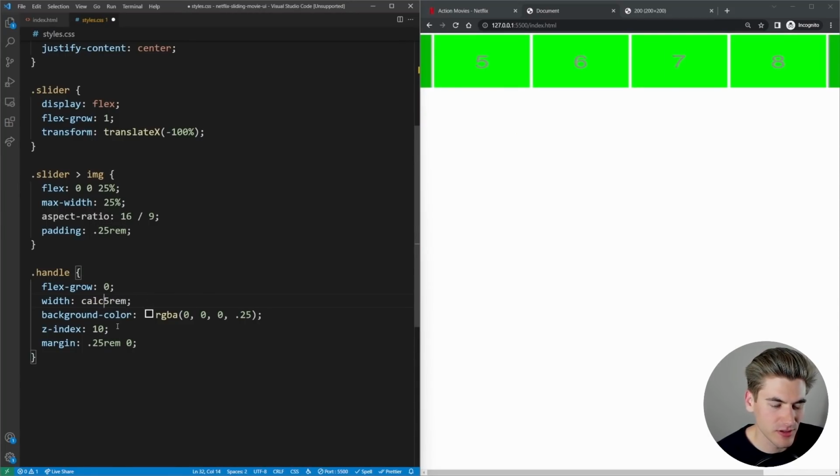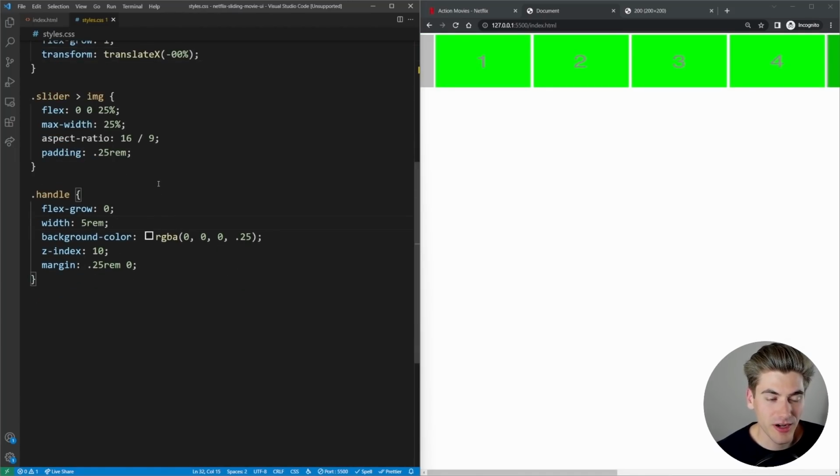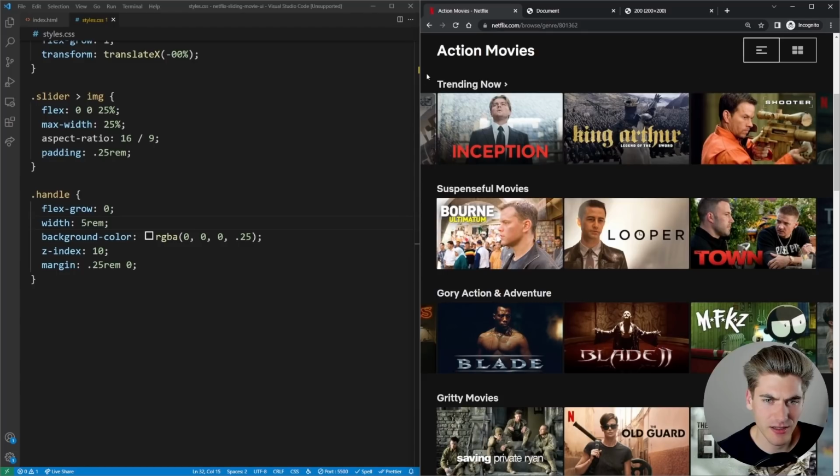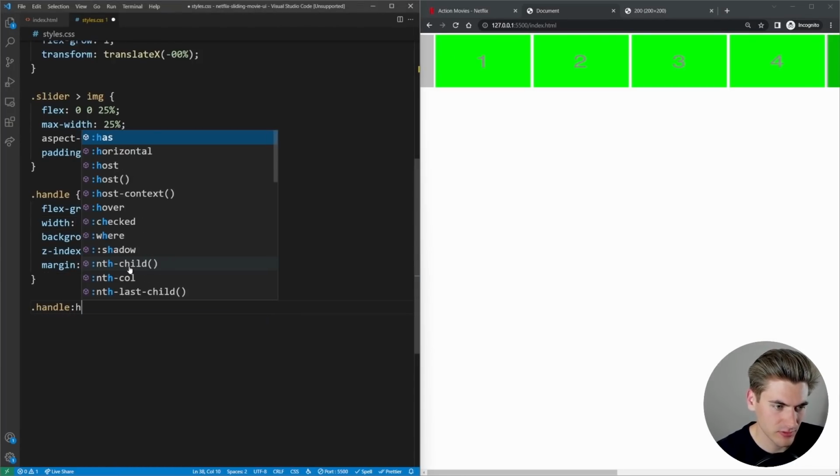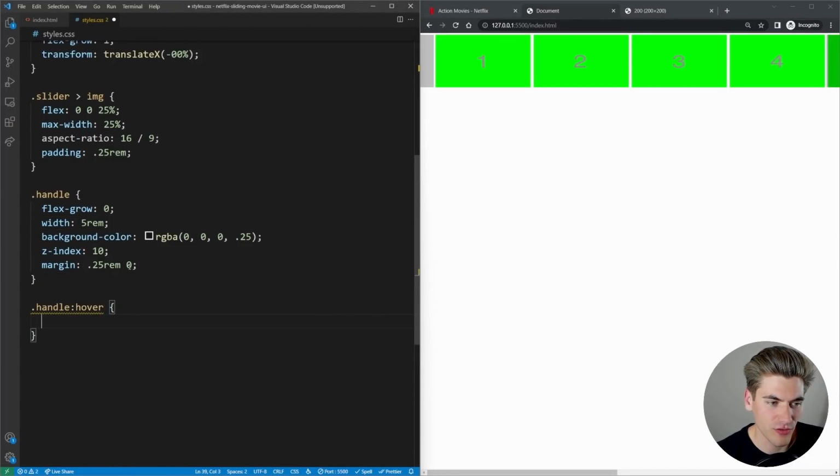That doesn't seem to be doing anything. For now, I'm not going to worry about it because we're probably not even going to hard code this width. What I'm probably going to do is just put this arrow icon inside of here, and then I'm going to have the width be automatically calculated based on that arrow icon size. So yeah, we're going to have it this color, and then we're going to say like handle hover. And when we hover over top of it, what I want to do is take the background color and make it darker. We're going to change it to like 0.5.